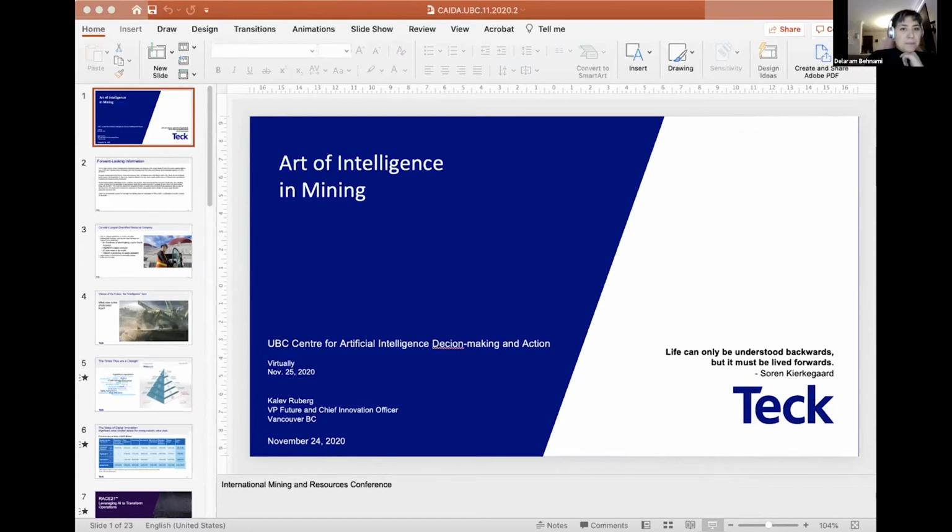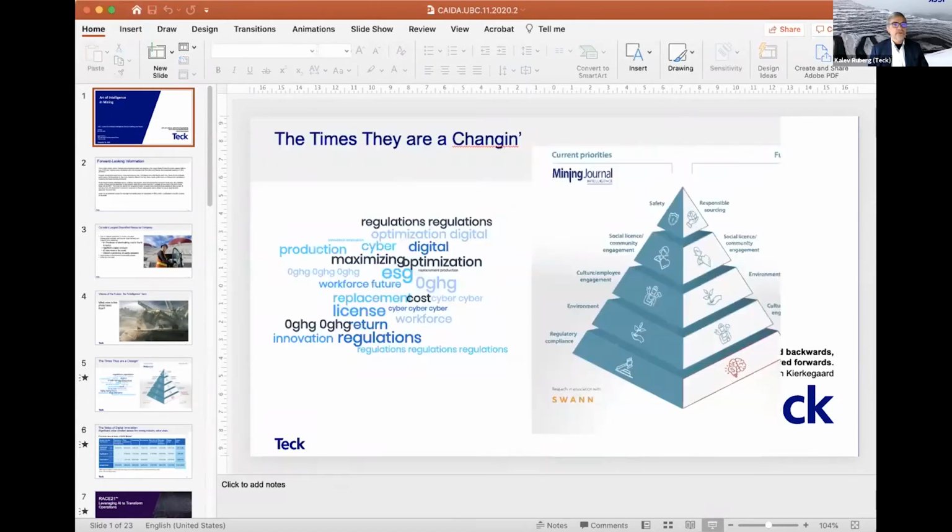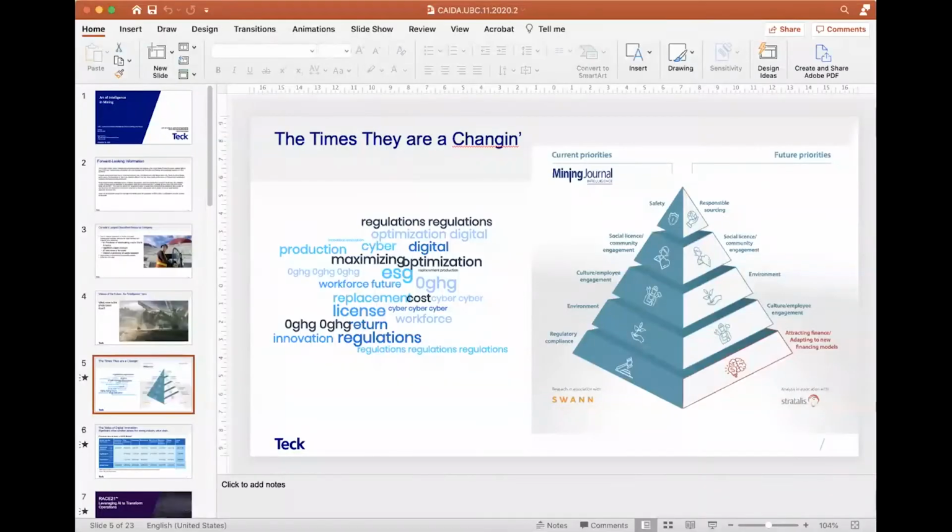Sorry, Kalev, sorry to interrupt. Just want to make sure, are you changing the slides? Because we're only seeing slide 1. I am changing the slides. Okay, it's probably the wrong screen that's being shared. Can you see these now? Didn't change. Interesting. Okay, I'll stop sharing for the moment and let's see if we can try it again. Can you see it now?